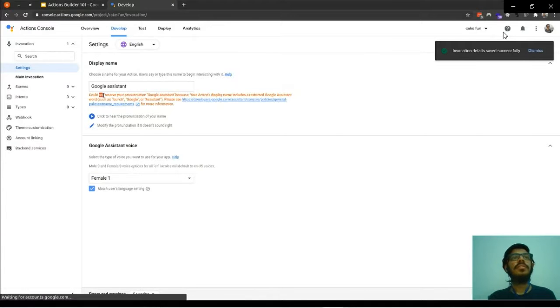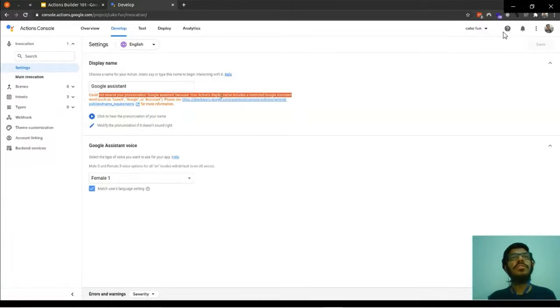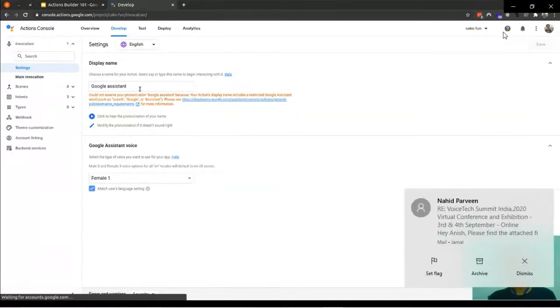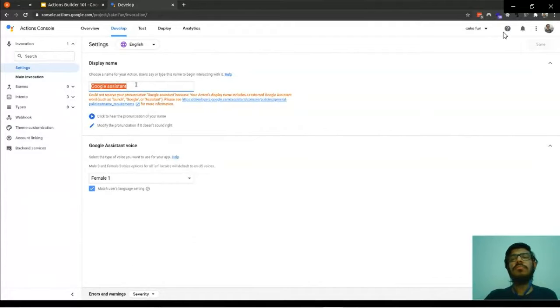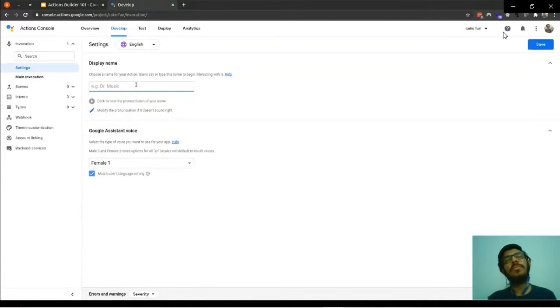See, it says could not reserve your pronunciation of Google Assistant because of the action name. So there's an error. It says please don't use some brand's name or some already predefined company's name. You can add whatever other name suits your action.